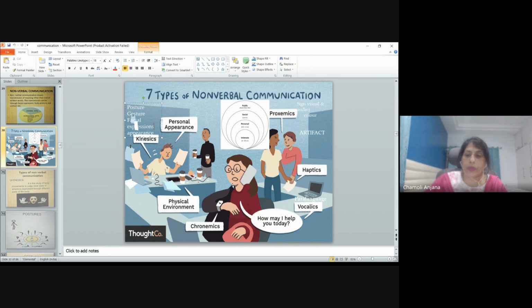Next is paralanguage. Okay, paralanguage is also a type of non-verbal communication. Paralanguage talks about not what you speak, but how you speak. So paralanguage talks about the how aspect of the language. Language is what, when we give a message, it is what message or what information we are giving. But when it comes to paralanguage, it tells about how. So how are we delivering our messages? It is the paralanguage that makes our information more impactful.